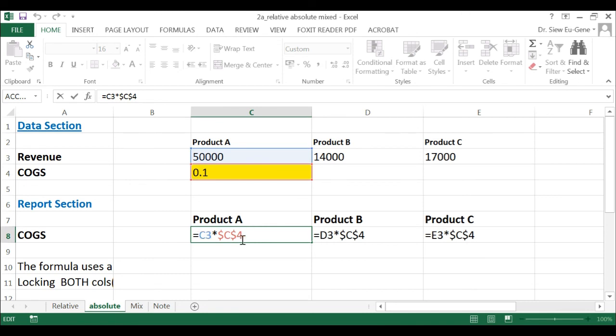But for my second cell reference, I want it to refer to the constant or absolute cell. I want it to lock the letters. I want to always fix at column C as I copy across. As such, I lock it. So when I copy across, it will always start with C for